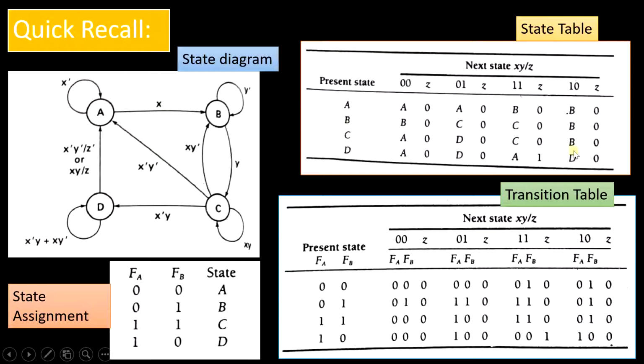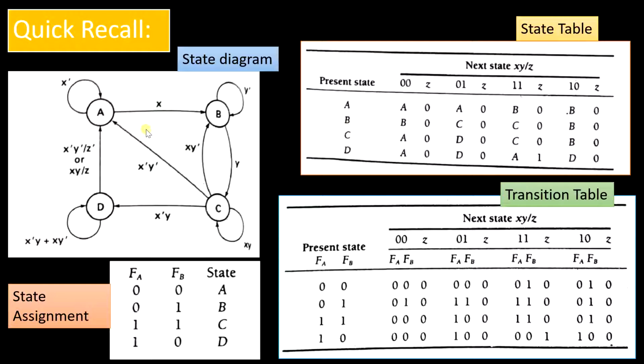A state diagram is a graphical representation of a sequential circuit where individual states are represented by a circle with an identifying symbol located inside. In this particular state diagram, as you can see, we have 4 states: A, B, C and D. Each of these arcs indicates the transition taking place between the various states and within the state itself. The arcs contain the input variable which causes the transition.